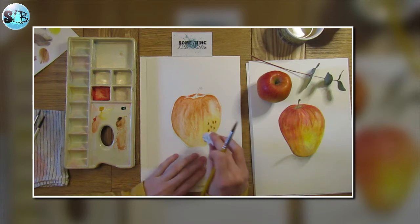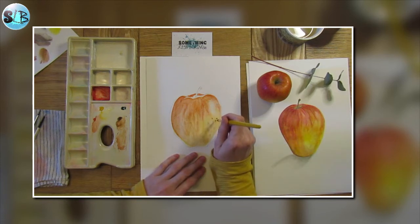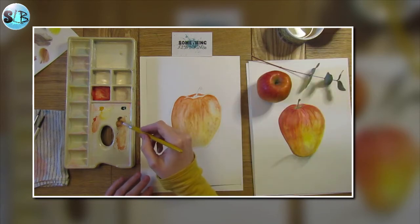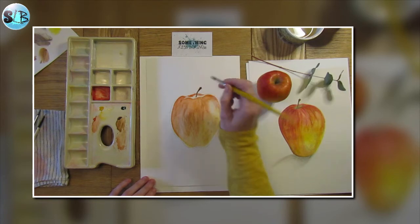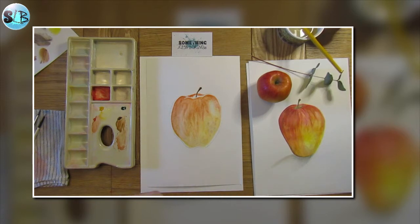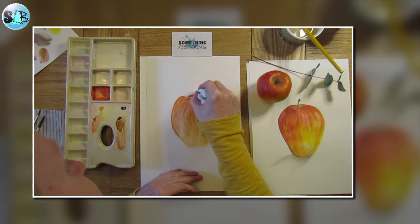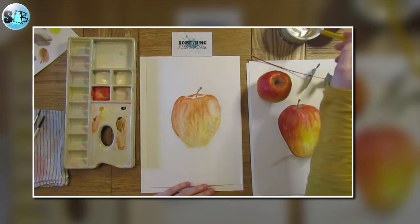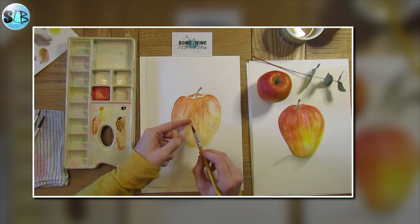Dots back in. Lovely. Okay. So my brown, I want to put a little stalk in. I'm just going to blot that a bit because that's a little bit wet. I'm going to go to my red and I'm actually just going to